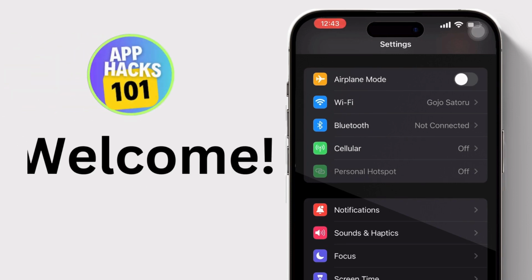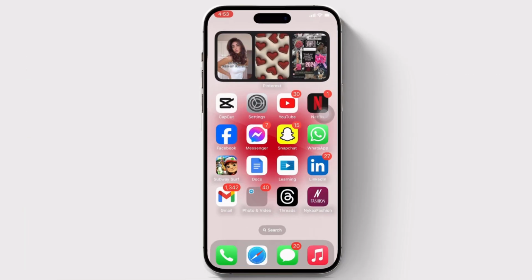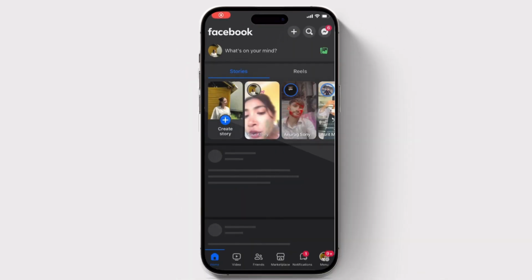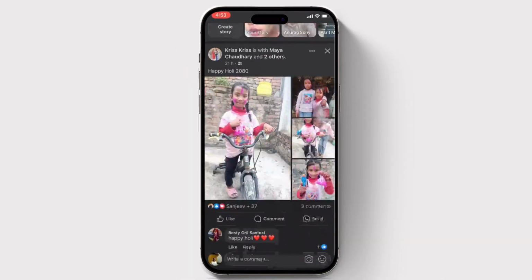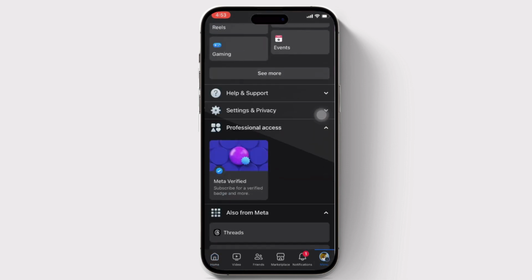In today's video we will talk about how to unhide post on Facebook timeline. So what we'll do is we'll open our Facebook app right here, and then after opening our Facebook app we'll go on our menu, and after going on our menu then we will simply scroll down and we'll click on